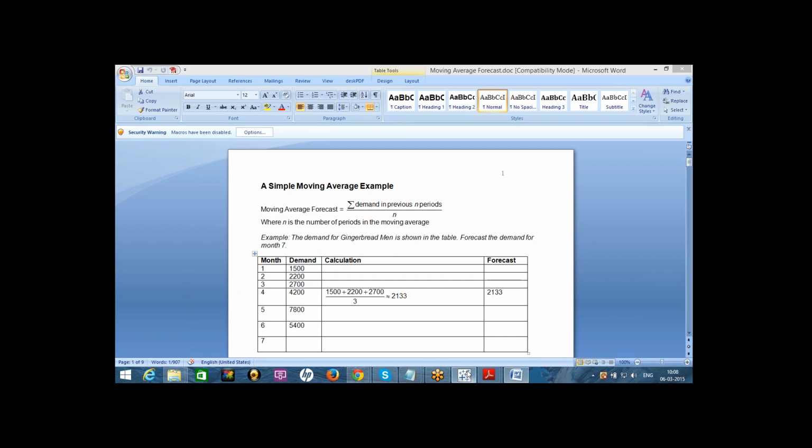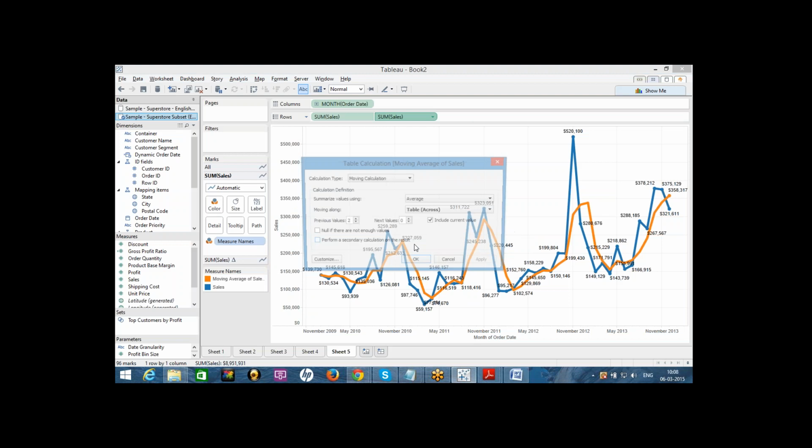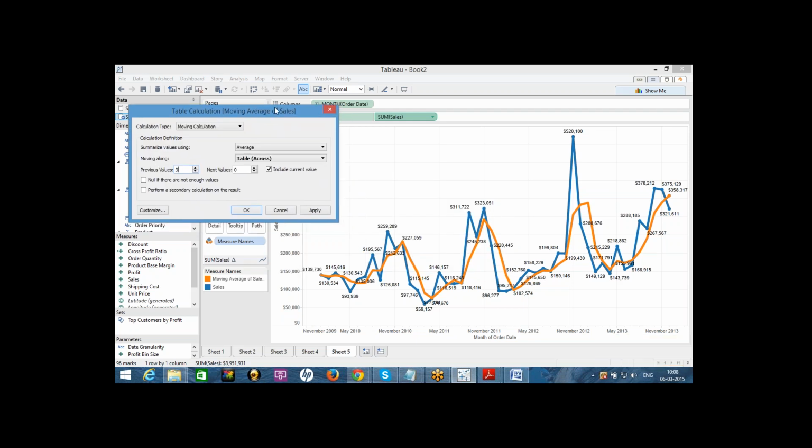In the same similar way, Tableau calculates the moving calculation here using the previous values. It took 2 previous values. I want to take 3 here and see. I can put previous values 3 or 2 or 1, whichever I like. But if you want to provide the same control to the end user, how can we provide this control?